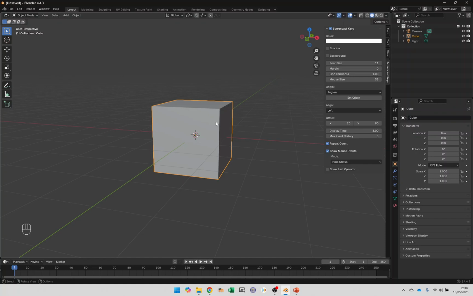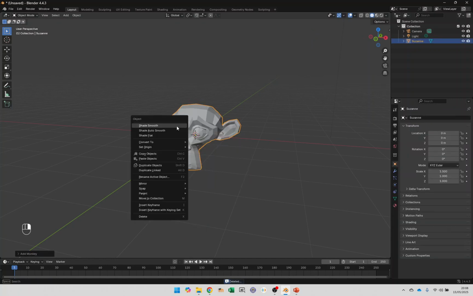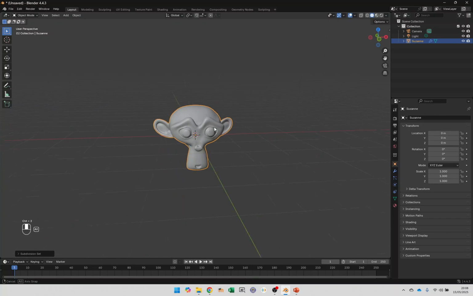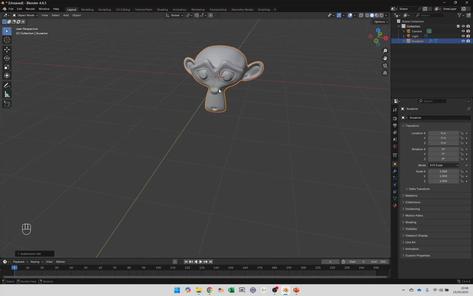So let's get started. In the last video, I showed you how to delete by pressing X and add with Shift and A, and we had a monkey. Remember, we shaded smooth and added a subdivision surface modifier. In this video, we'll learn how to edit shapes by pressing Tab, and Tab is the button to the left of Q. On most keyboards, it's got two pictures of arrows pointing towards each other, and